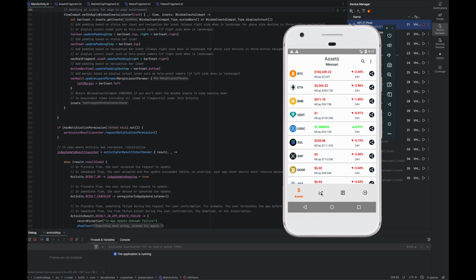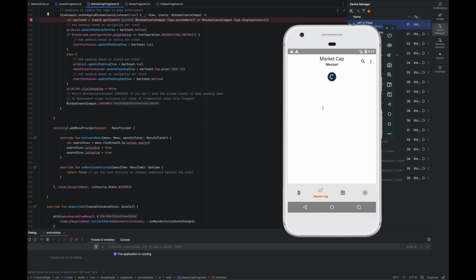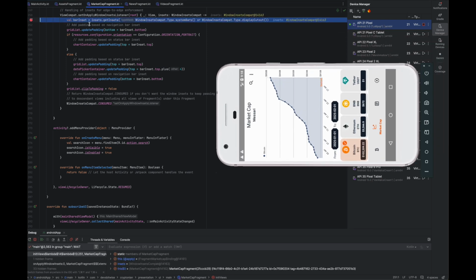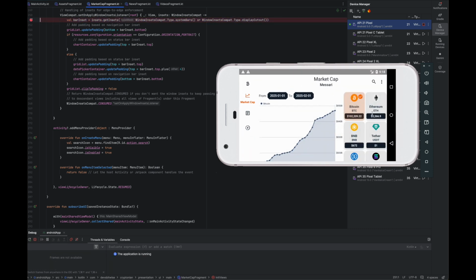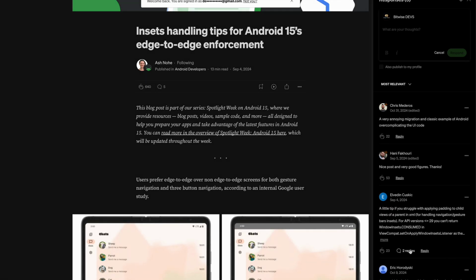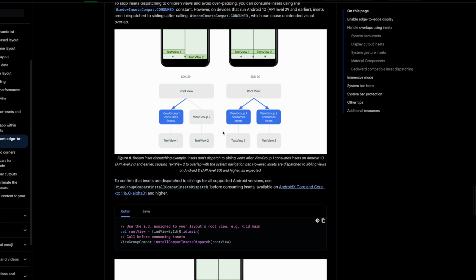Comparing that to our Android 15 that is running on a regular mobile phone device, as you can see, it's being triggered, right? So basically at this point, I really have no idea what the problem is. I guess I will look back to the documentation, but I already checked every related issue on the Google issue tracker, but none of them works.